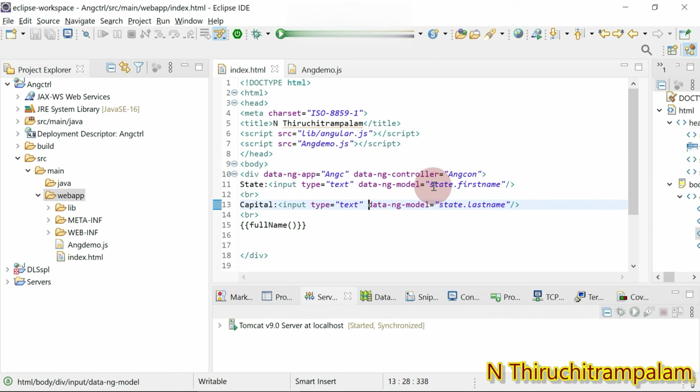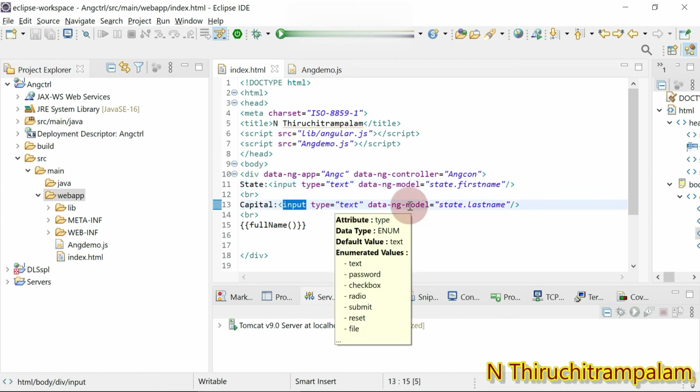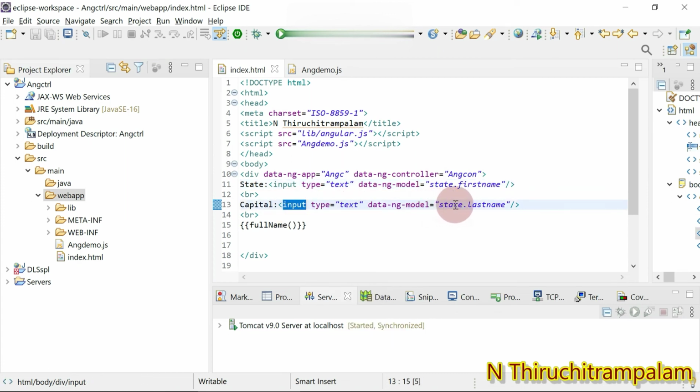So if you want to simultaneously update the data on the view page as well as in the model, then we can make use of this ng-model directive. Okay, so I have assigned state dot first name, and for the second text box which I have created using the input element, I have assigned state dot last name to the ng-model.